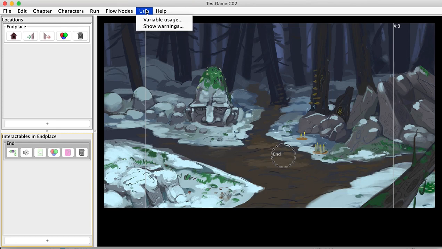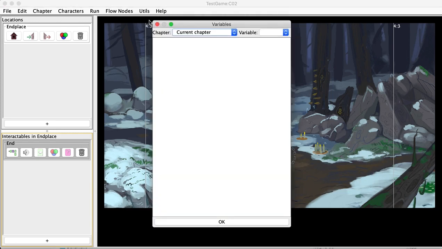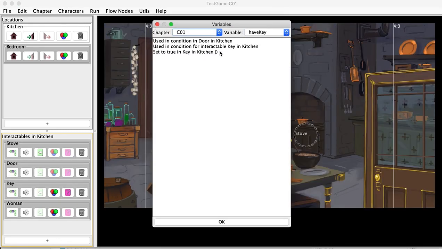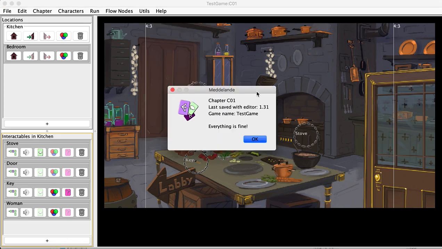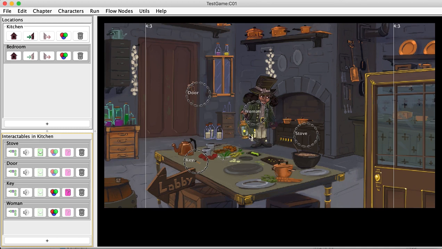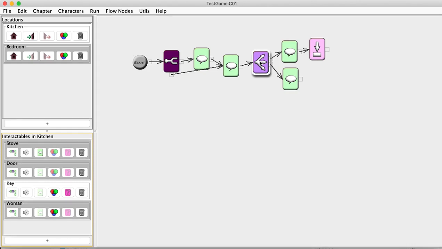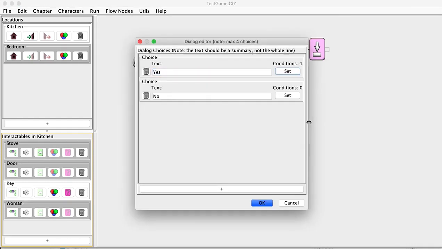In the utils menu, you have a list of the variables used. In chapter 2, we have nothing. In chapter 1, we have key and talk to chef, and then you can trace and see where they are used. That can be good to check if your logic is right. You also have show warnings. Everything is fine, it says, but if you, for example, have conditions on all choices here,